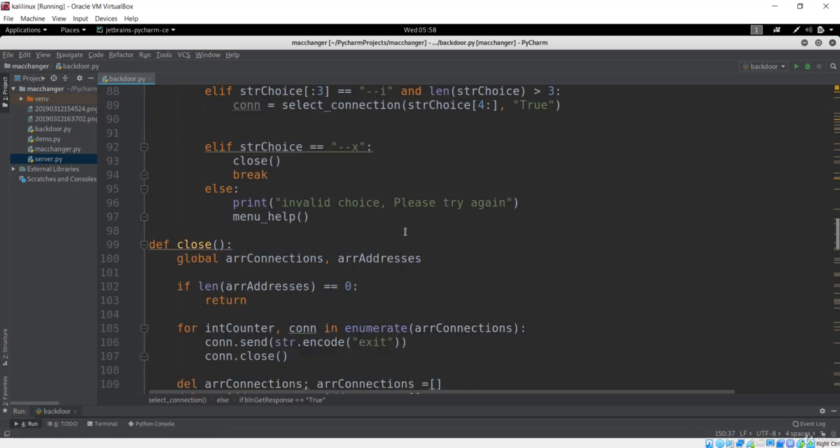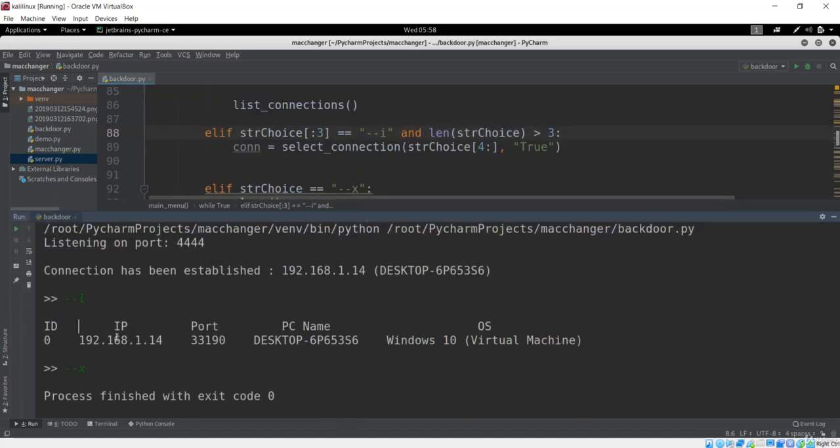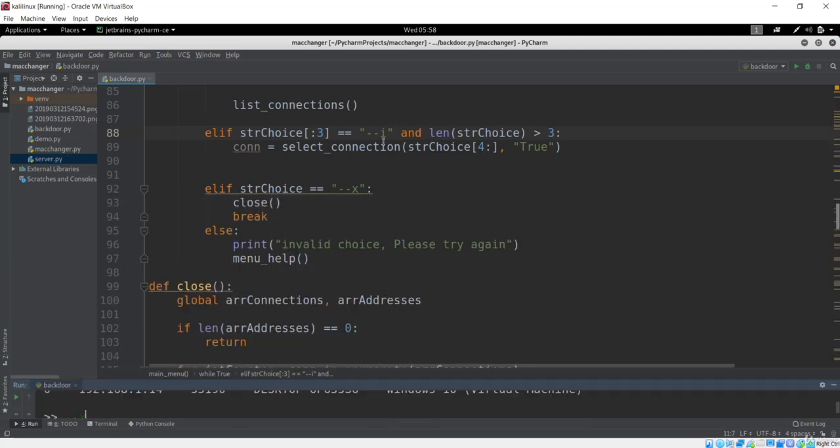So let's go back to the menu and show you what I am doing. If I type a command here, instead of x, if I say something like --i, in this case this is i, and this --i is basically the three parts of this string choice, and there can be one more letter which is the connection ID.